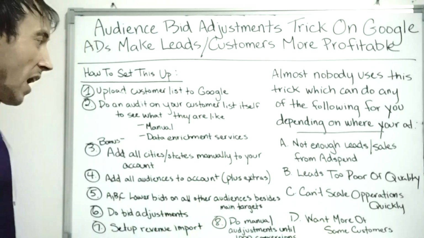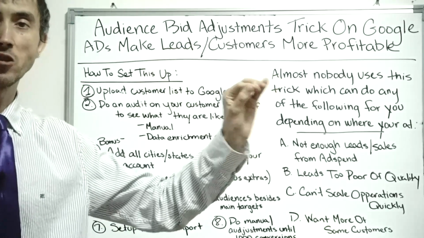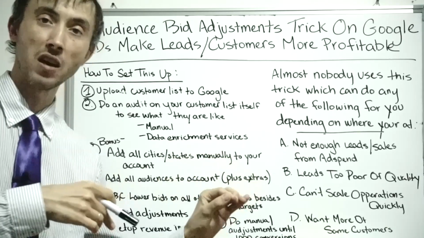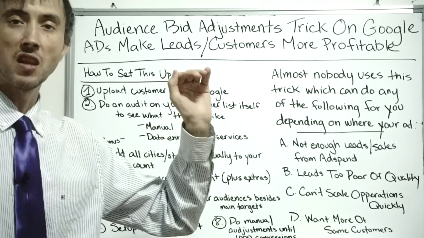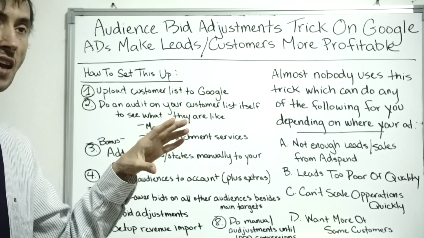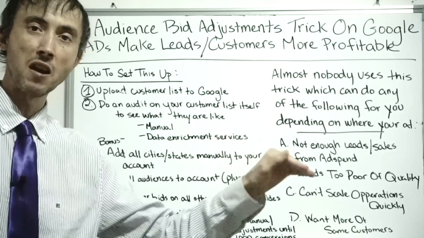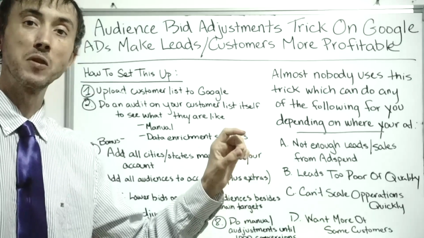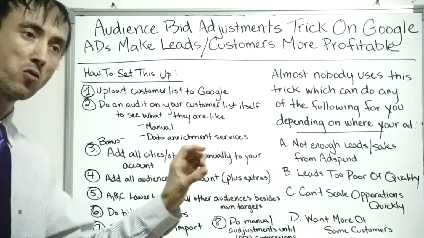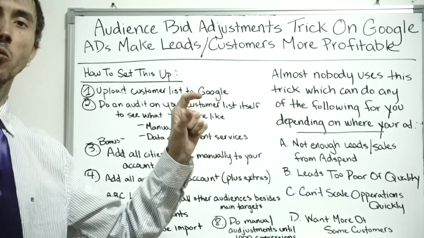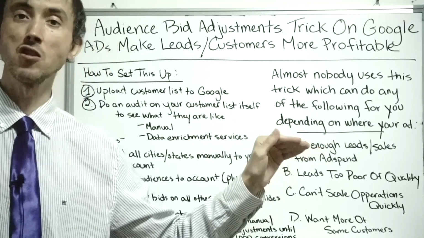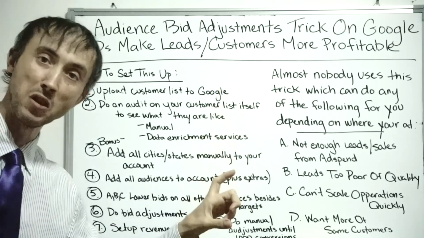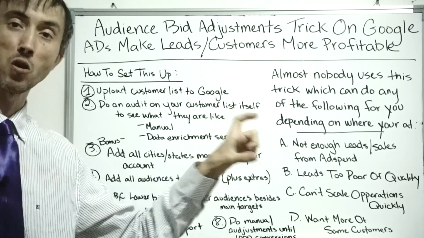You can Google that. Based upon how much above average that audience converts better than the average of what you're paying to get a lead or a sale in your account right now, you'll bid a certain percentage higher. So in other words, if you find out coffee drinkers convert on average 20% better than the account average, well, you bid plus 20% higher on that particular coffee drinkers audience, so that anybody who drinks coffee that's searching for your keywords from now on will actually be eligible to show a higher percentage of the time and higher up in the rankings, where you're in the top 4 ads there at the top of Google, which means you'll get more clicks out of the total people searching for that keyword.